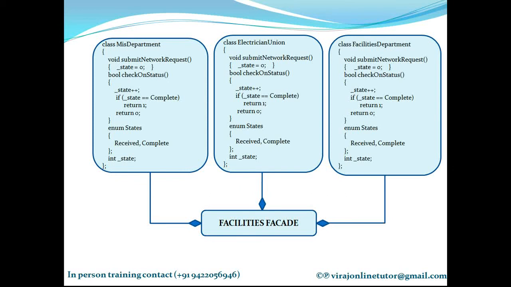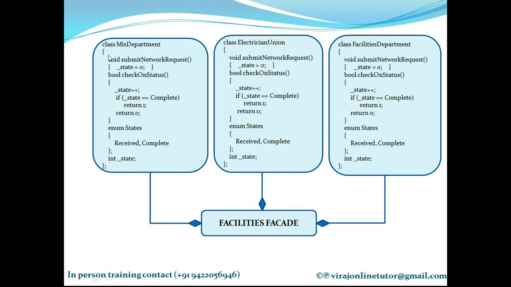So the main function or the client has to do all this bookkeeping stuff, which is a bit complicated. I don't want to do all these complexities. I want to make my program as simple as possible. So I want to make my main as simple as possible. So these are three different classes which are independently handling the request. All the complexities of handling that request in each respective department is the botheration of that department alone.